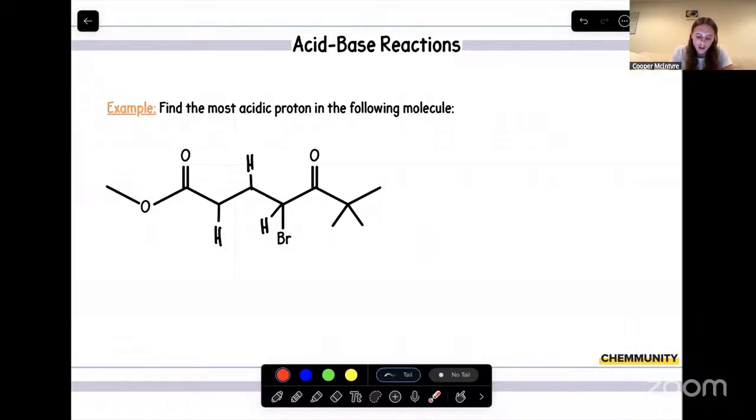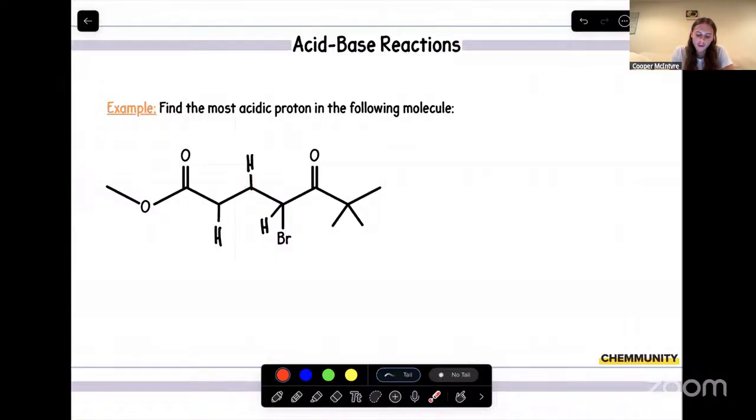But just say we had a conjugate base, a negative charge on this carbon. Where would that negative charge be able to go? If we looked at the left side of the molecule, the negative charge can delocalize to this carbonyl over here. So from this proton, we can get some resonance, which is pretty good. Then if we were to steal this proton right here, we would end up having a negative charge on this carbon. And the unfortunate thing about that one is that there are no real factors of stability. It's just a carbon, and we can't really delocalize it.